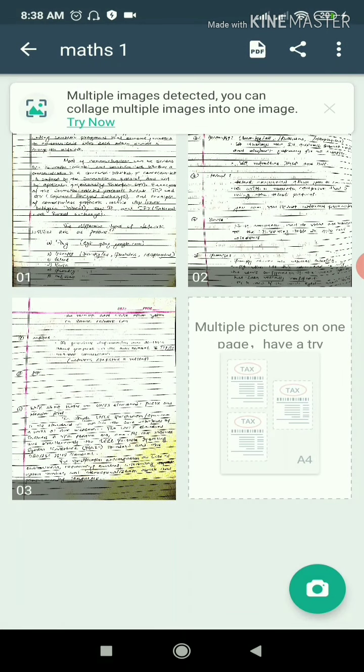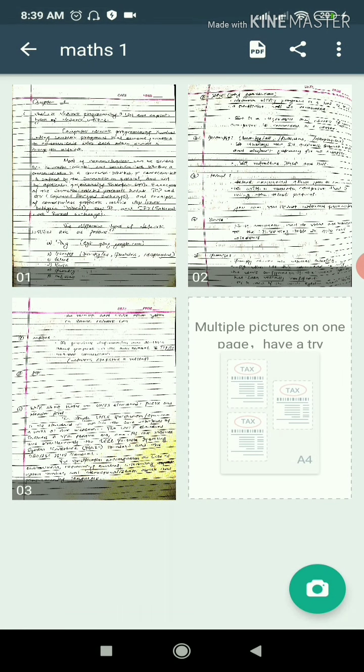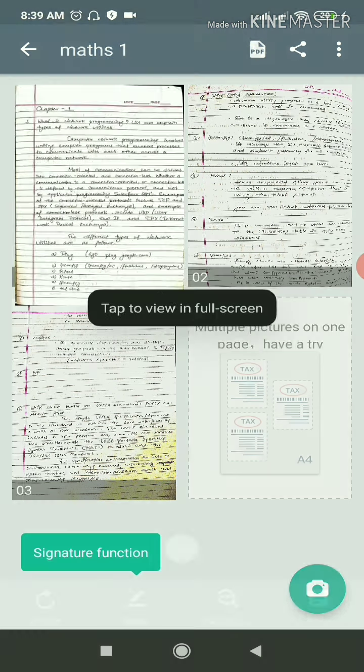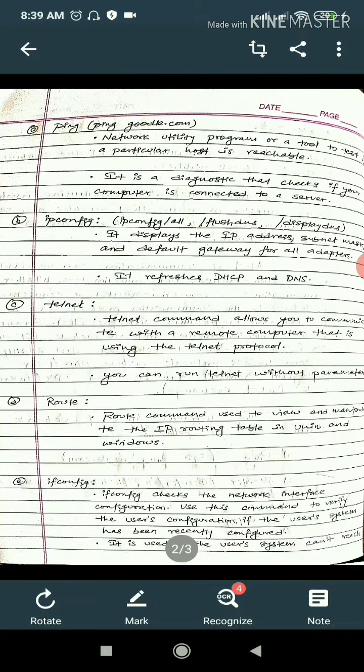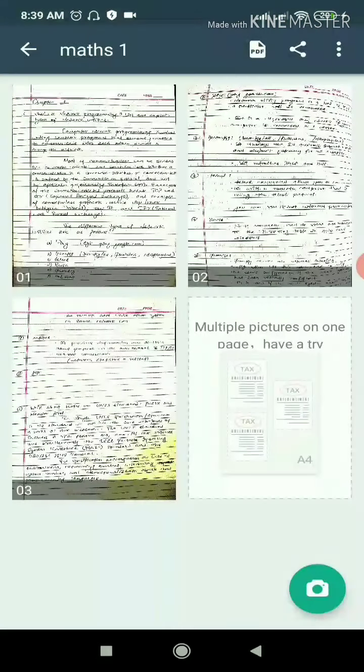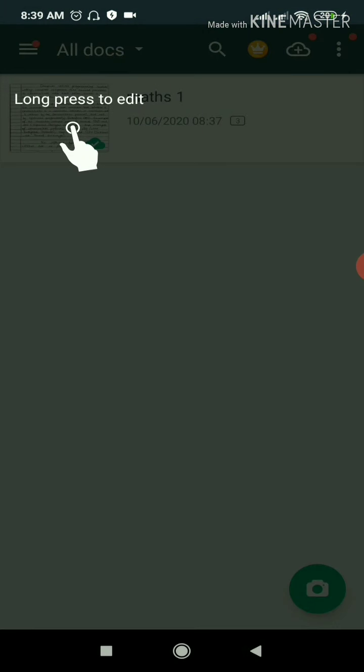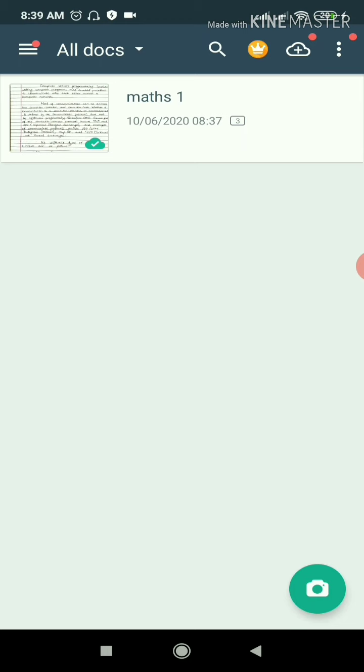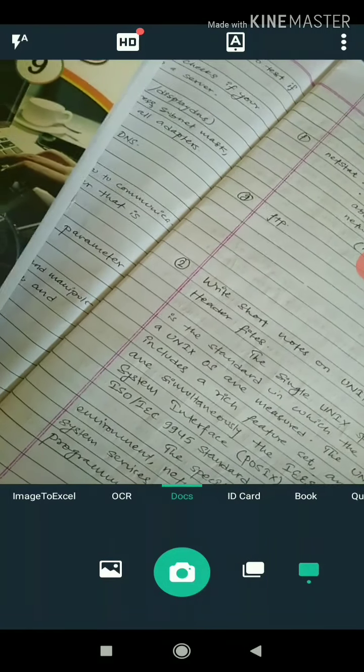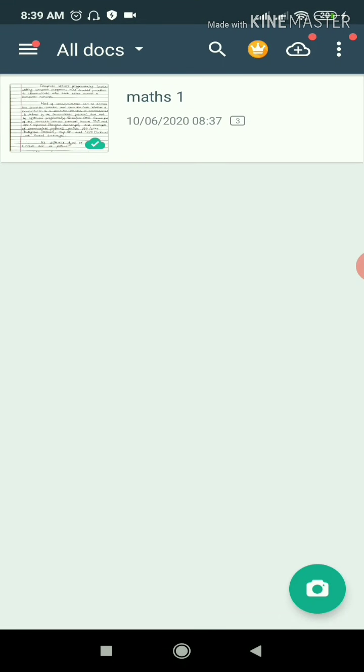So I'll click done. Then you can see 01, 02 and 03 appear there in Maths 1. You can check the file there, 01, 02, 03. Okay, so Maths 1. So CamScanner is done here. If you want to scan any other copy, then you can click instantly in the camera portion here, and you can begin to click for any other file like science or social, any other thing. Okay, for now this is a demo. So I'm done with the math.